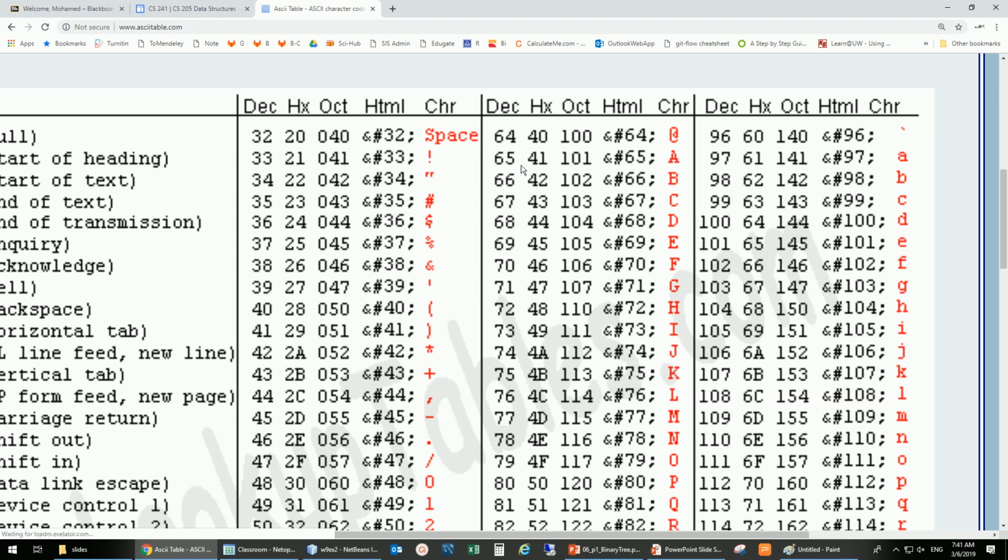And the first one is A, 65, B, 66, C, 67, and so on. And the capital letters are smaller than the lowercase, because 65 is smaller than 97. So anyways,